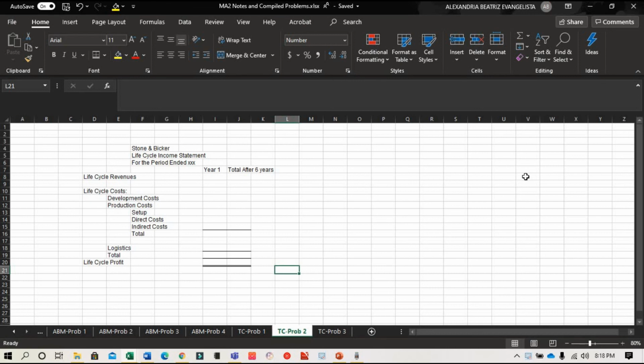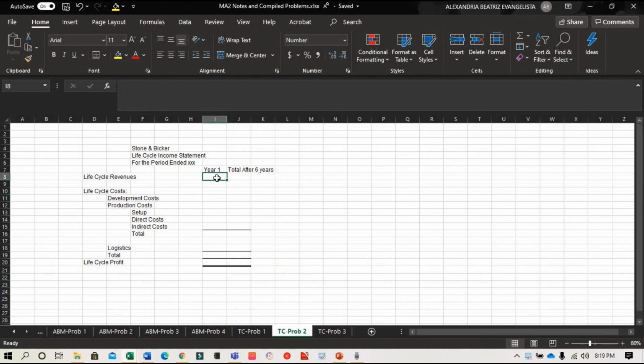Okay, so now let's try to solve our last problem, which is problem number 2. I've already placed a pro forma format for the life cycle income statement, so I'm just going to show you how to compute the numbers. We are required to prepare a life cycle income statement of Stone and Baker's handmade lamps. So first, let's start with